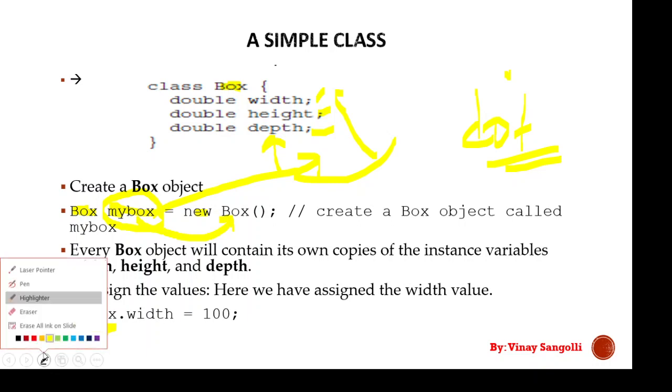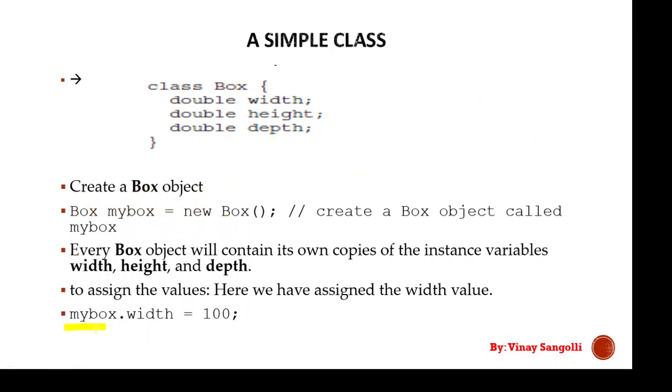You already know what myBox is. It is nothing but your object. And what is this width? Width also you already know. You can see here, you have a width. It is the instance variable. So this dot is linking your instance variable with your object, and it is assigning a value to it. The value assigned to it is